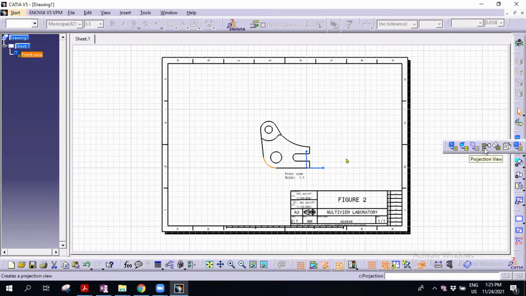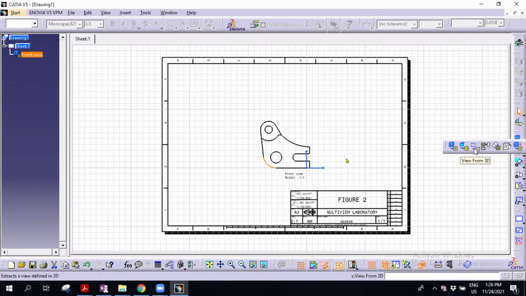When you select the projection view, you have the front view, which we have done. This is the unfold view, which we didn't use. You have view from 3D, a projection view, an auxiliary view, and an isometric view. This is a third angle projection.